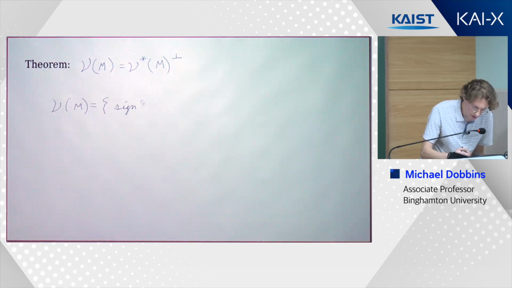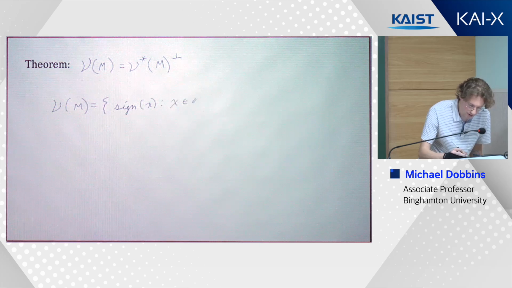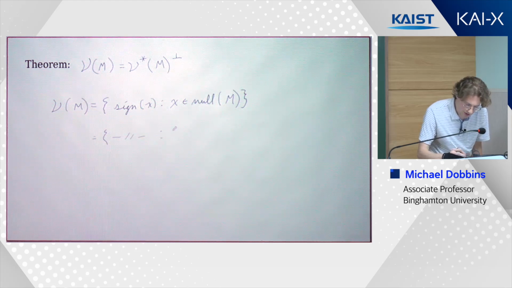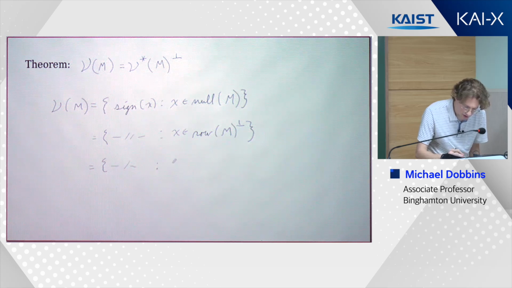So this was the sign of each vector in the null space of X. Null space of a matrix, right, which is the same as the orthogonal complement of the row space. The geometric orthogonal complement. And it works out that this is also the orthogonal complement